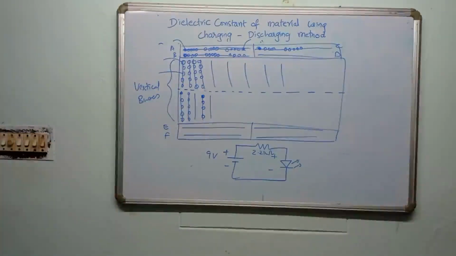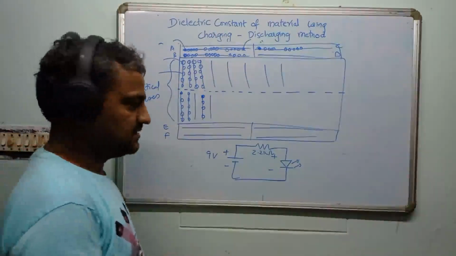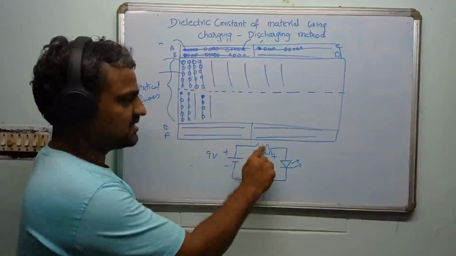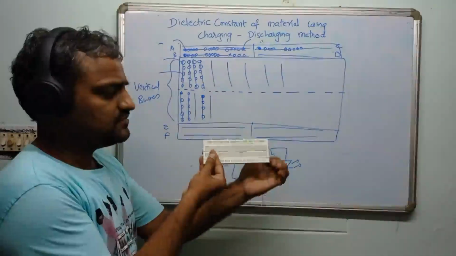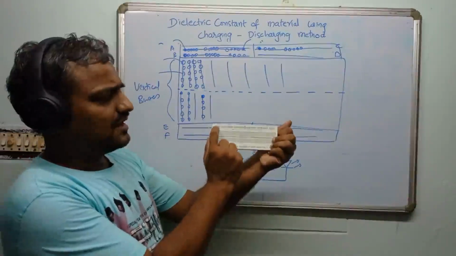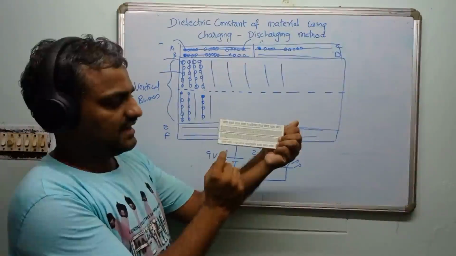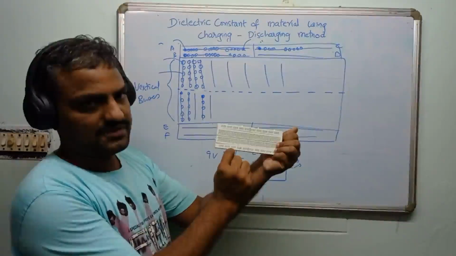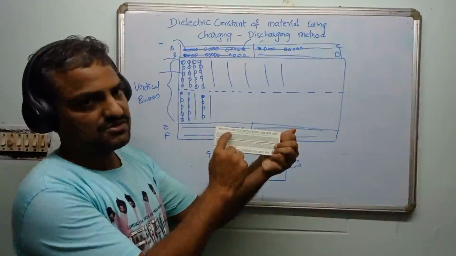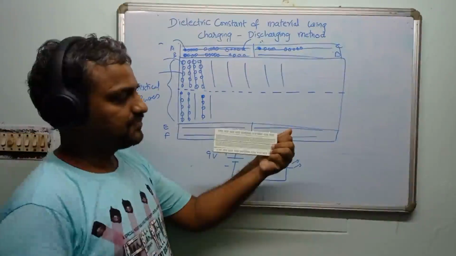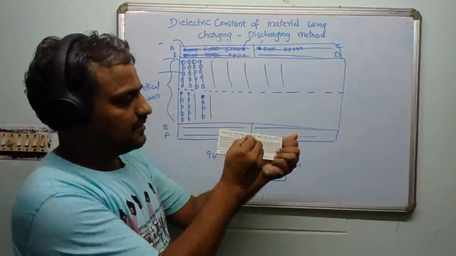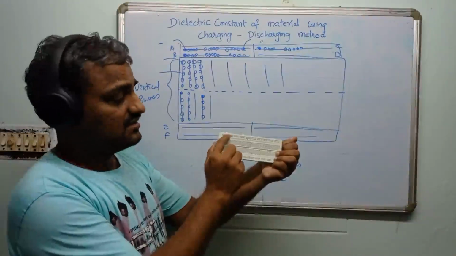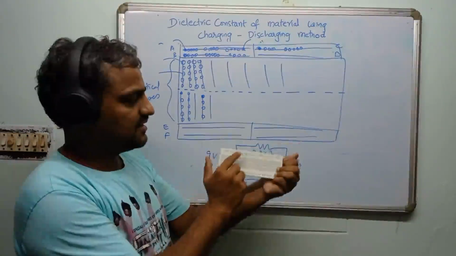So how do I make the connections? Simplest. First, you start from the battery's positive. Battery's positive is coming to the 2.2K. Usually, the positive of the battery is always connected on the top, and the negative of the battery is connected at the bottom. So two buses are there, you can use any one of them for negative. Same thing for positive, you can use any one of them on the top. So I'll use the top one. I assume that this is the VCC, I mean, this is the positive. I want to join the resistor here.